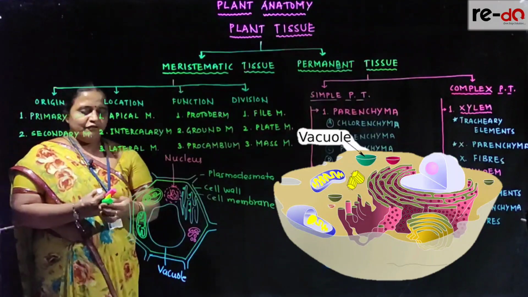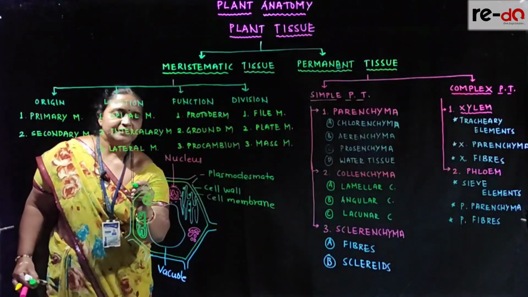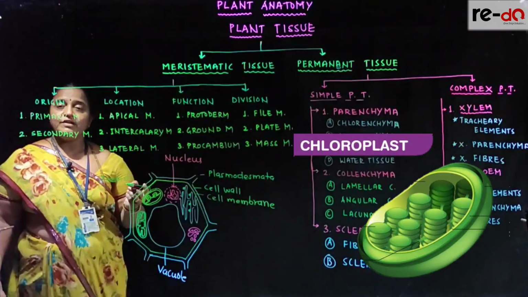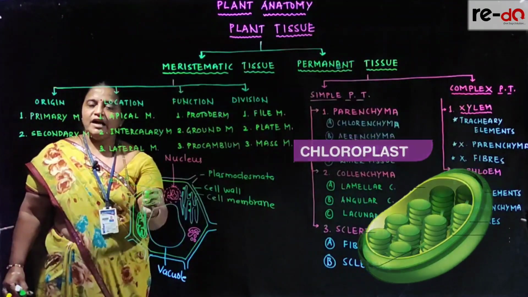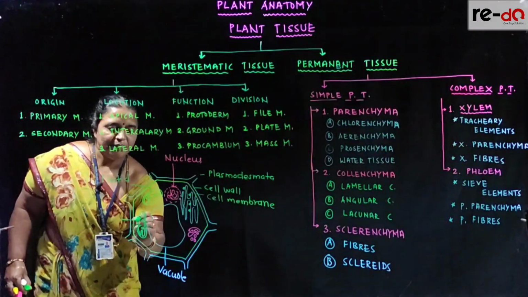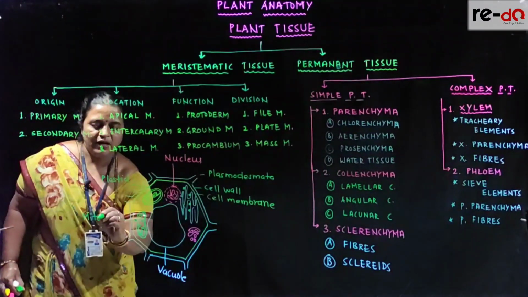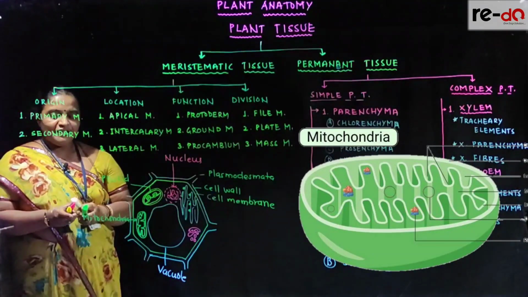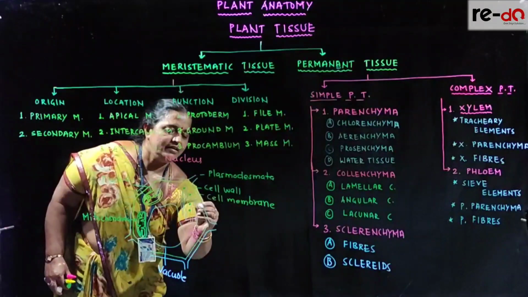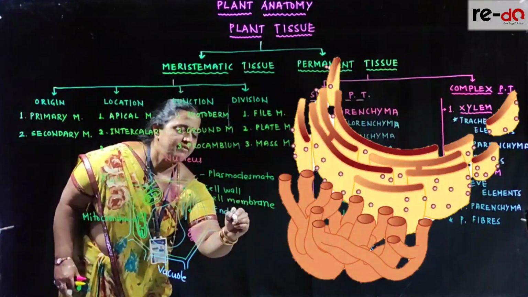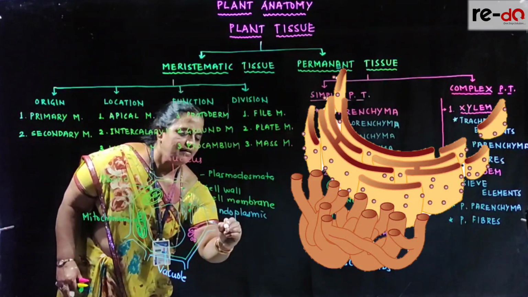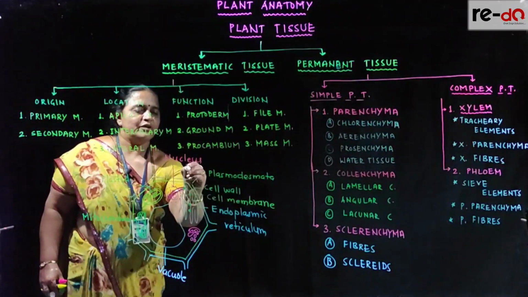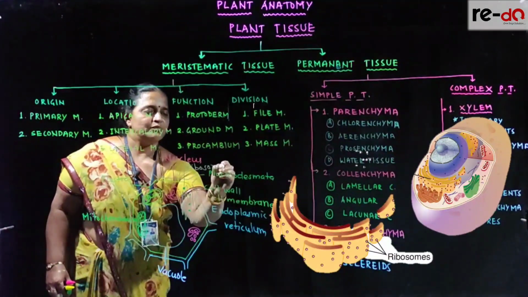Then there is a photosynthetic unit in the plant cell. This we call plastid. Plastid rich in chlorophyll we call chloroplast. So generally I'll call this plastid. It is the powerhouse of the cell known as mitochondria. Then there is a storage organelle within the cell. This storage organelle is known as endoplasmic reticulum. And this cell organelle is having the factories of proteins called ribosomes.